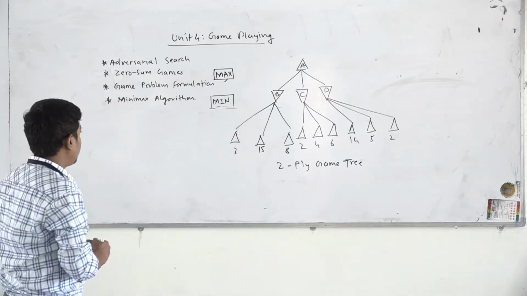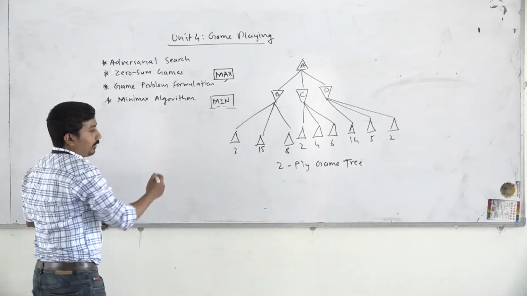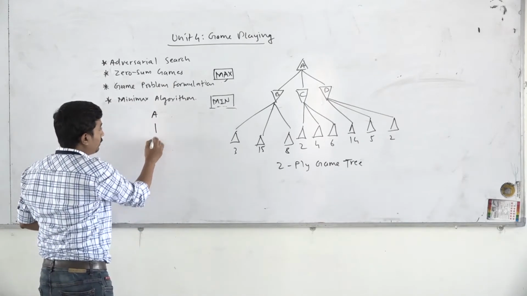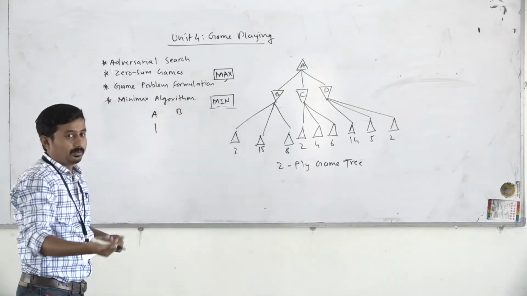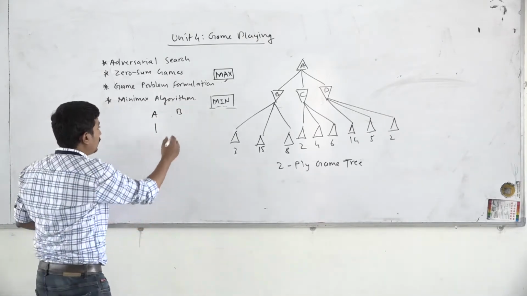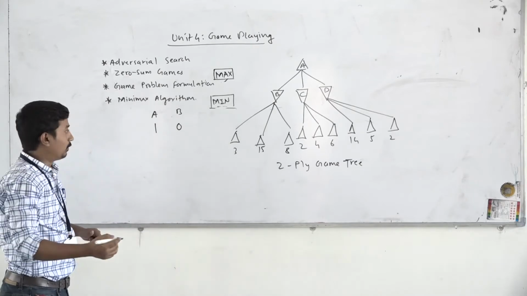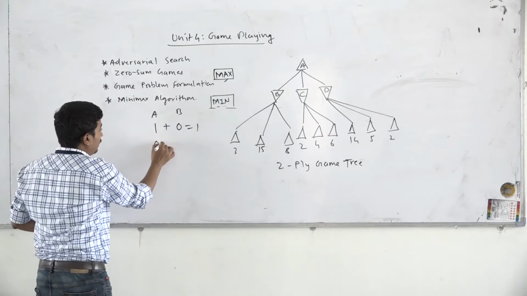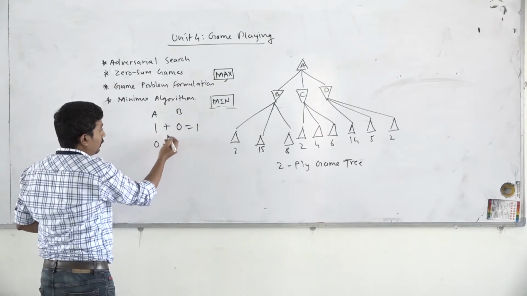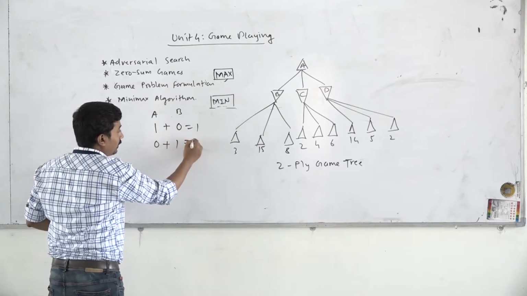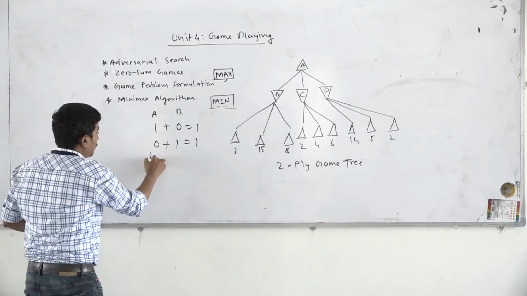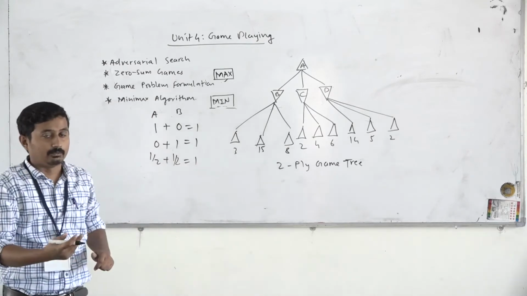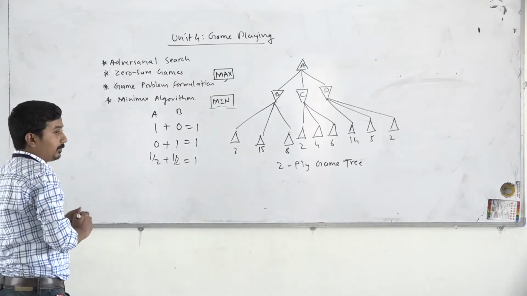We saw the example of chess, where if a player wins, we can have a utility value of 1. Obviously the other player will lose, so its utility value will be 0. The sum of the utilities will be 1. If player A loses, then its utility value will be 0, and the utility of B will be 1, so the sum is 1. If it is a draw, the sum is again 1. So they are called zero sum games.